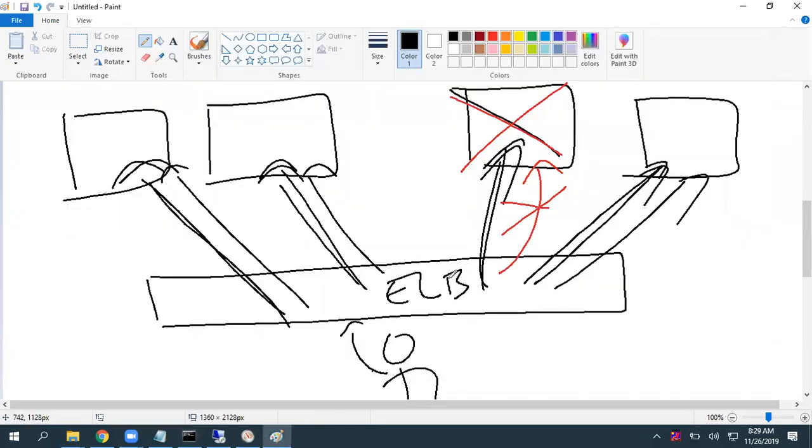In exactly the same way, our load balancer continuously pings our EC2 instance on a particular path. We can give a path. Ping to index.html over port number 80. Ping to the statuscheck.html file over port number 80 or port number 443. If that instance is giving a reply, that means the instance is healthy. If the instance is not giving replies, the instance is not healthy, and it stops sending traffic.